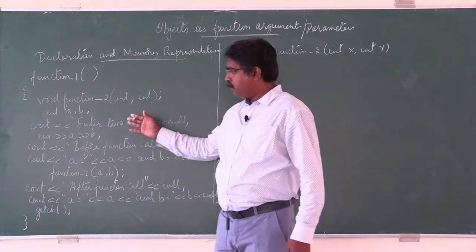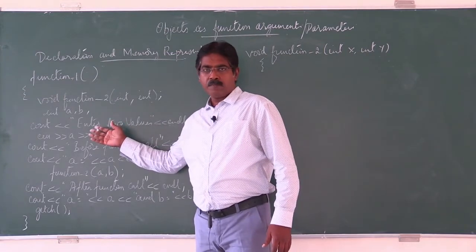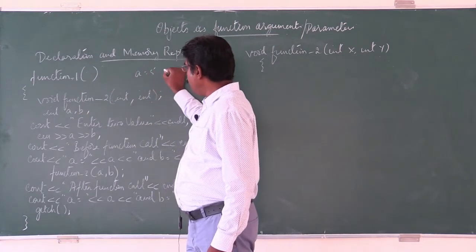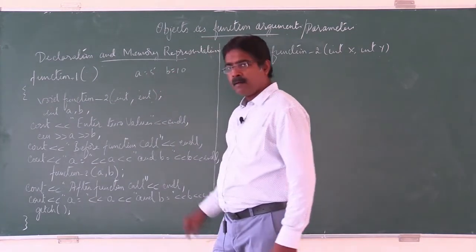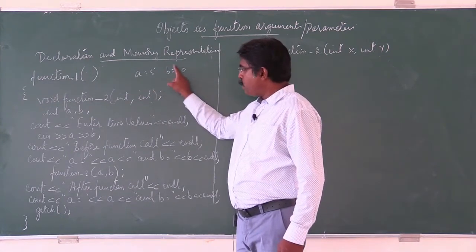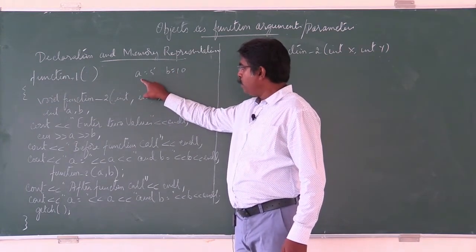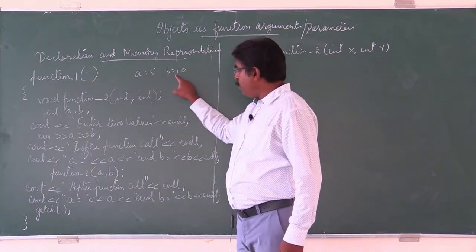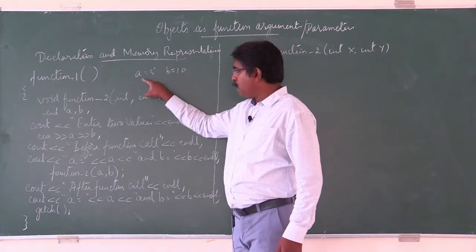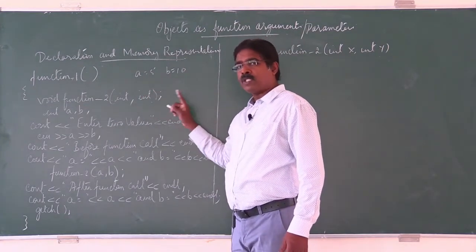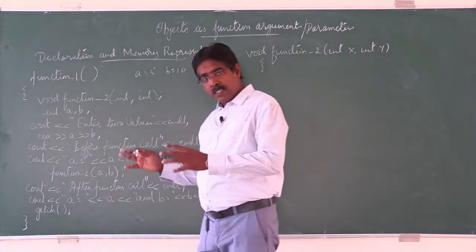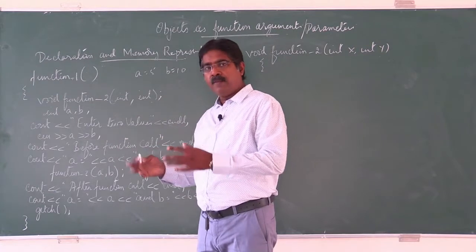Here I have taken swapping of two values. A's value, if I take as 5, and B's value as 10. A's value should go to B and B's value should go to A. That is, A will be 10 and B will be 5 in the output. Right now in the input we have A equals 5 and B equals 10. So we are going to swap them. The context you need to understand is pass by value. You are passing by value.